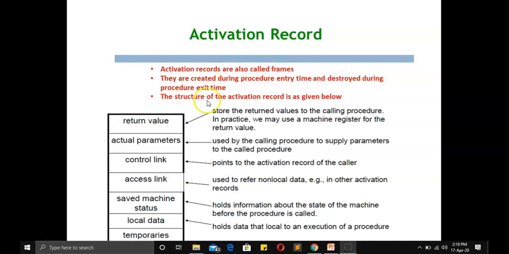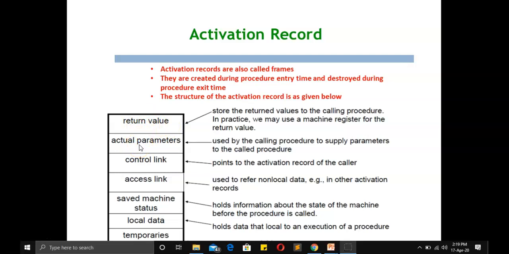The activation record fully என்ன content இருக்கும் அப்படினா, we'll have local data, saved machine status, access link, control link, actual parameter, return value and temporary variables. Return value னா என்ன, இப்போ main வந்து இன்னொரு function-ஐ call பண்ணுது அப்படின்னா இந்த புது function வந்து return ஆகும்போது எங்க போய் திருப்பி return ஆகணும் அப்படின்ற information வந்து store பண்ணிருக்கிறது தான் return value.